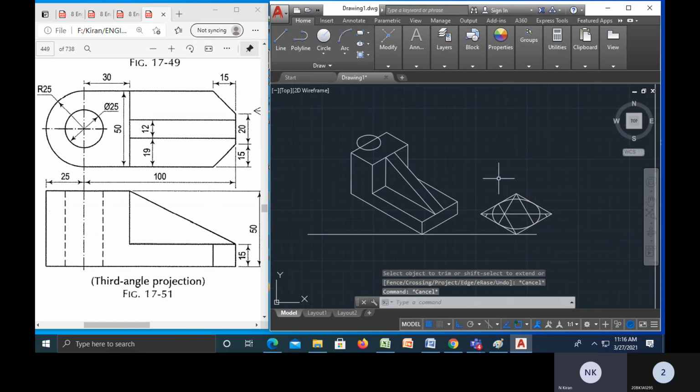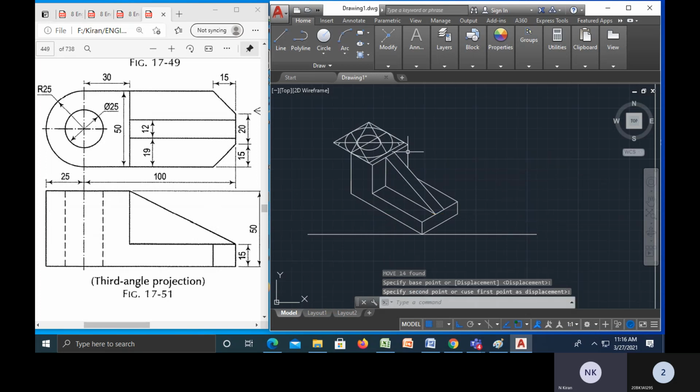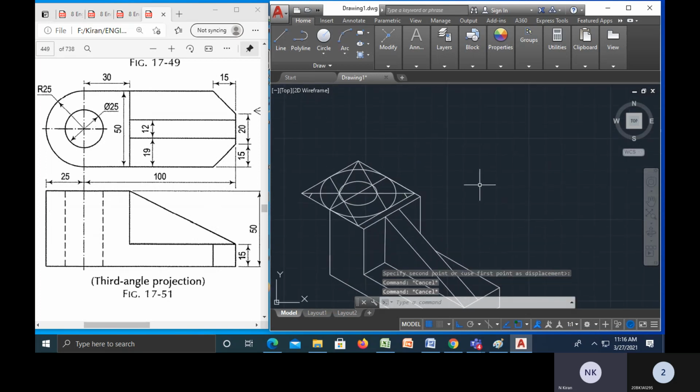Okay, right. Again escape. I will copy all this diagram and M enter, move, and from this midpoint I will place here. Okay. Now whatever the data I require, I will delete all the remaining part. This one. Okay, and this line also. Okay, one minute. Escape, Control Z. From this line also I will join L enter so that it is easy.